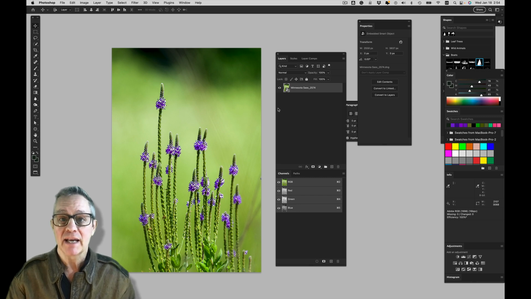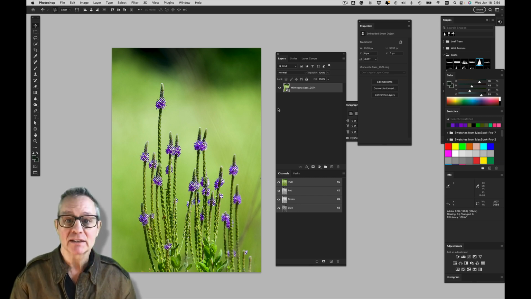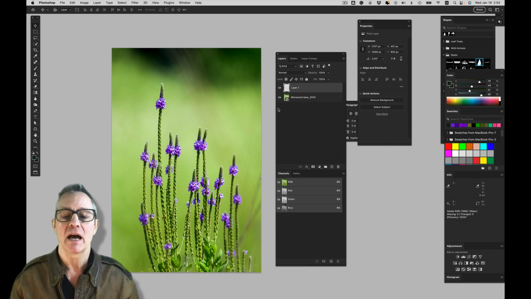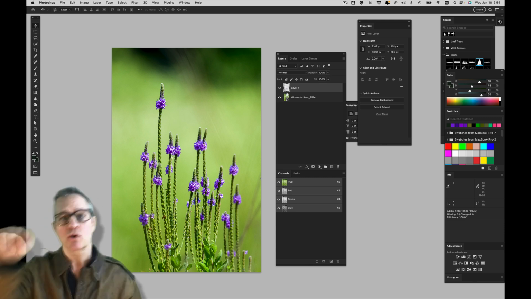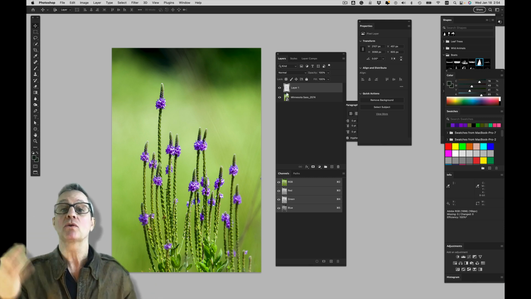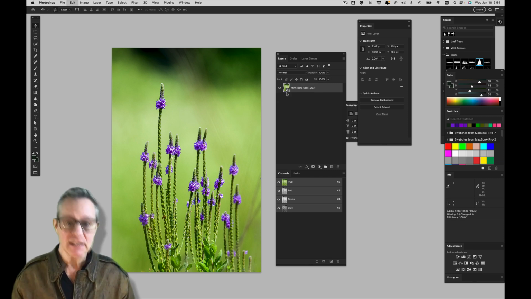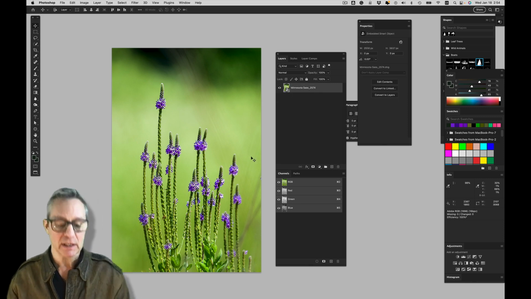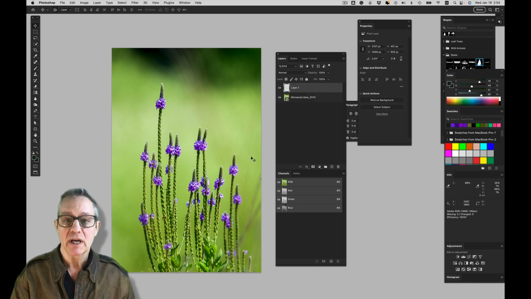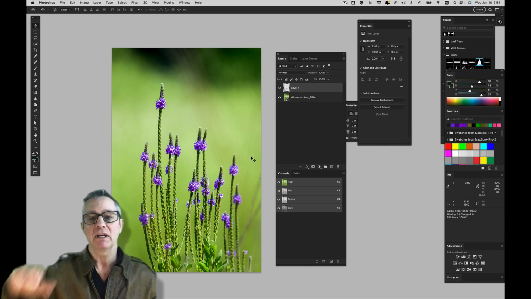You're going to need to write it down. You're not going to find it in a menu. Command J on the Mac says jump. And now it jumped it up to a new layer. PC users are going, wait, what is it for me? Control J, jump. It takes your selection, whatever's selected, and Command or Control J, it jumps a copy to a